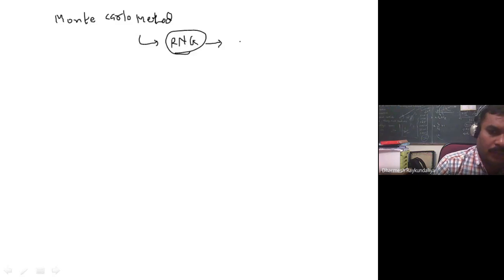So in the last lecture recording, we talked about the Monte Carlo method, and we said that the heart of the Monte Carlo method is the random number generator, and we are generating pseudo random numbers.